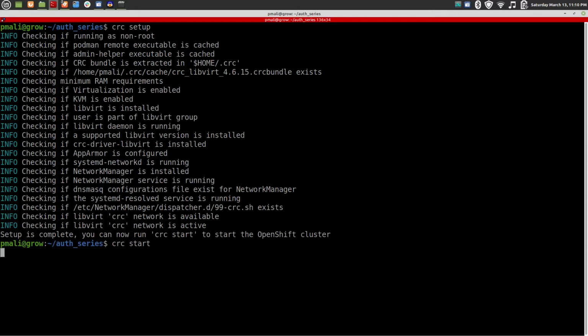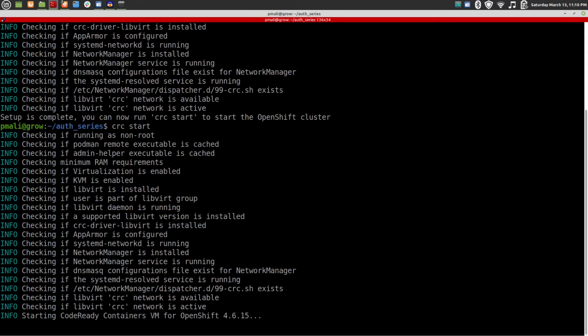It may take some time depending upon laptop speed. Now you can see my CodeReady Containers VM for OpenShift 4.6.15 is starting up. Once this is completed, I will come back to you.